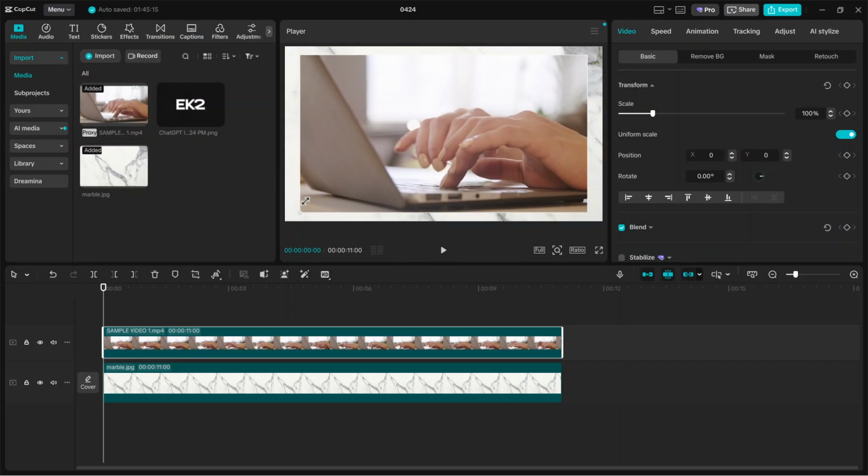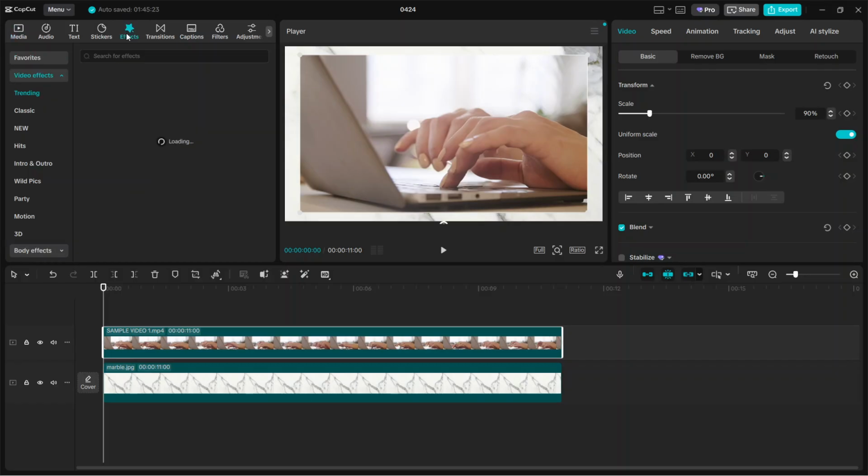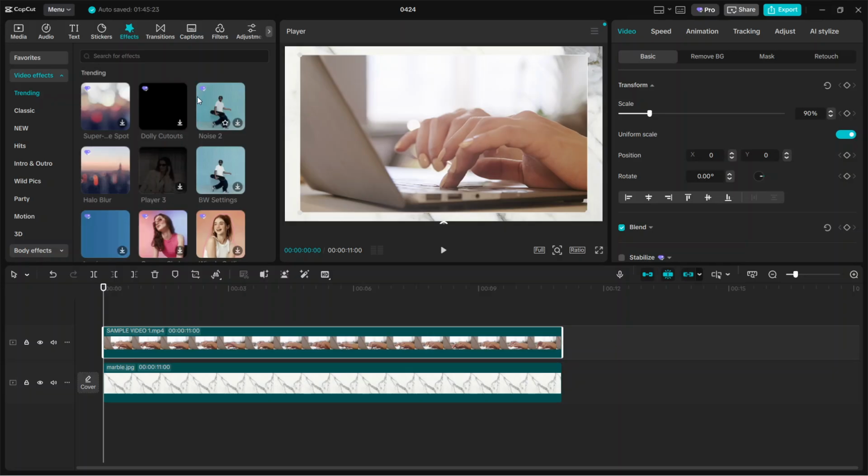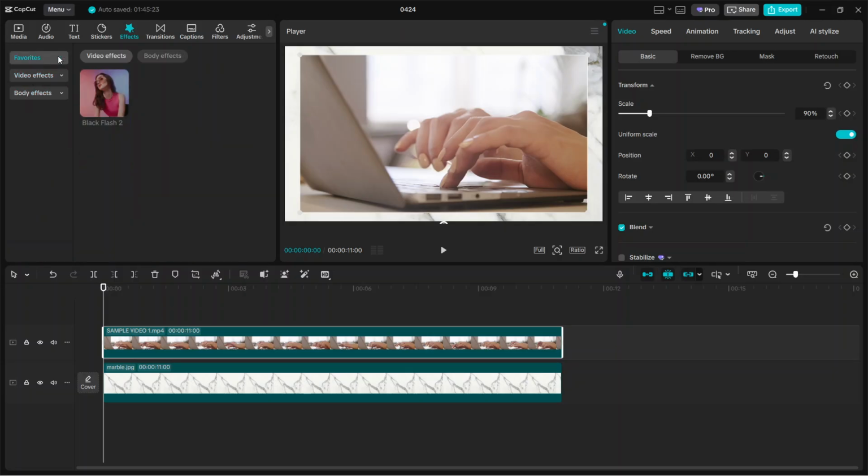Next, let's add the effect. Look back to the top left panel and find the Effects tab. Click on it to open the effects library. Take a moment to browse through the available options and preview a few until you find one that matches the look you're going for. When you've decided on an effect, click and drag it directly onto the track where your